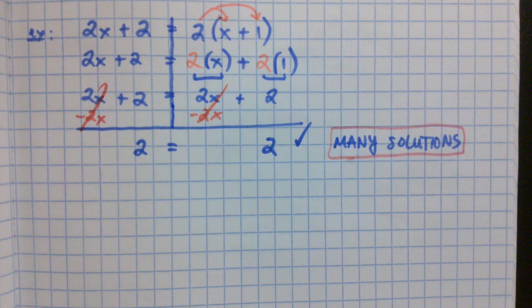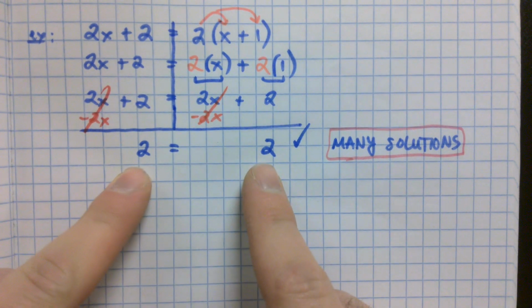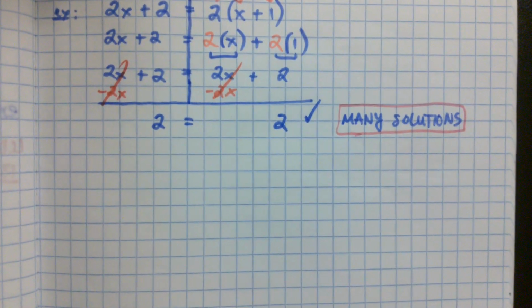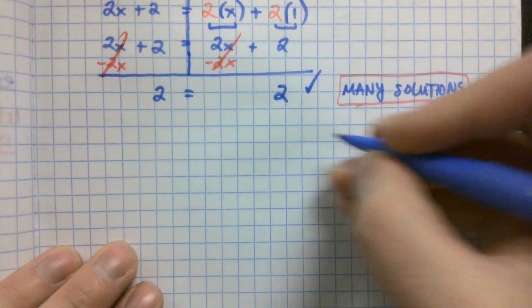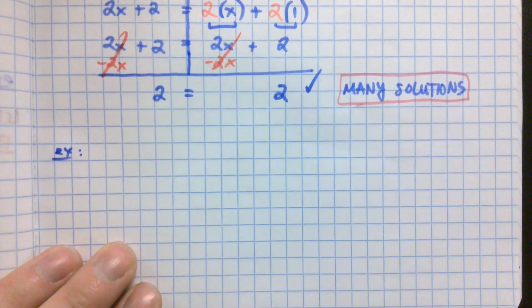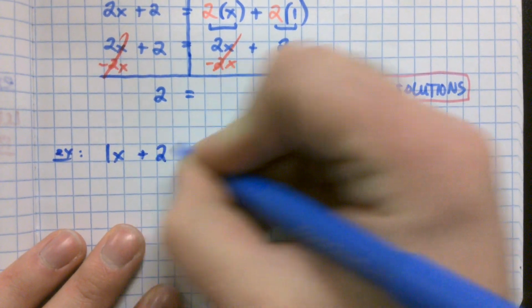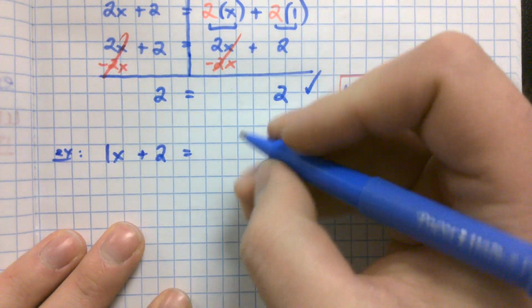Questions I could answer about that? Do we see how we got 2 equals 2? Yeah. Okay, good. Now let's take a look, obviously, at the flip side of this. You can assume probably what our answer is going to be. Let's say I have 1x plus 2 equals